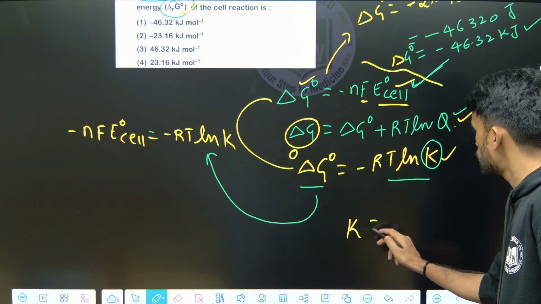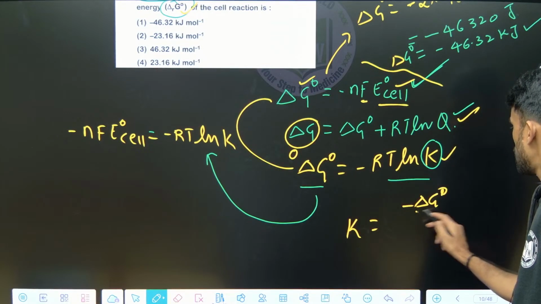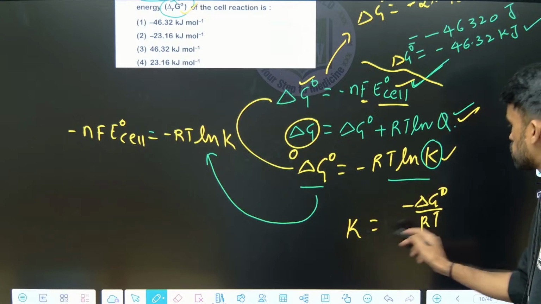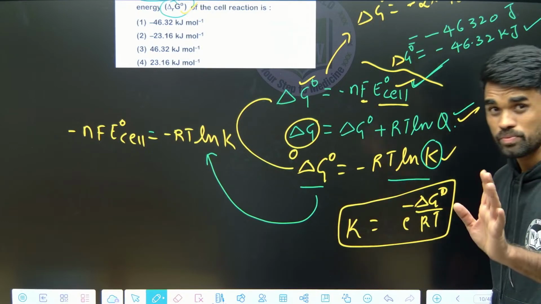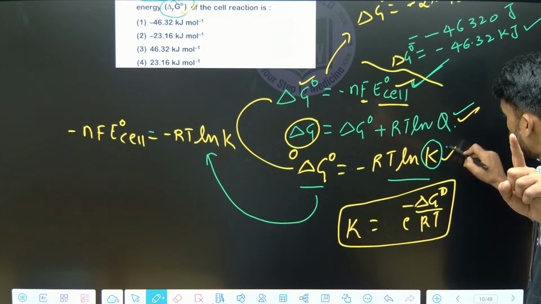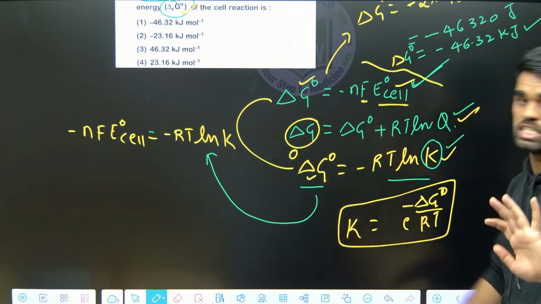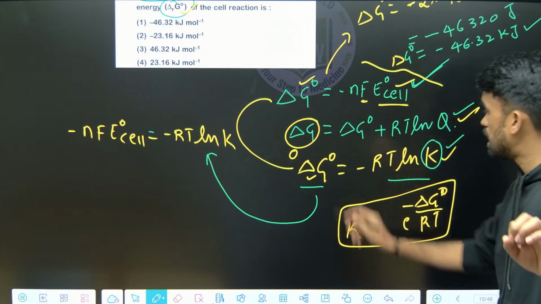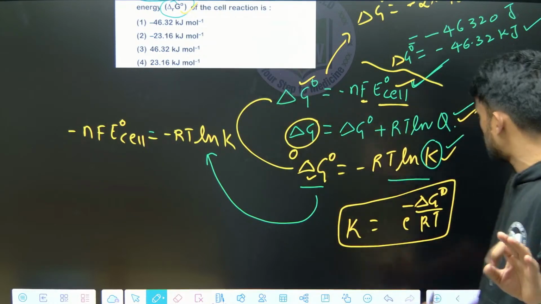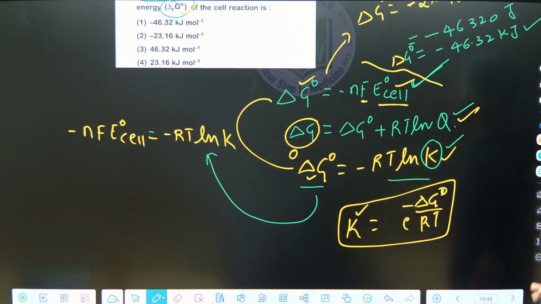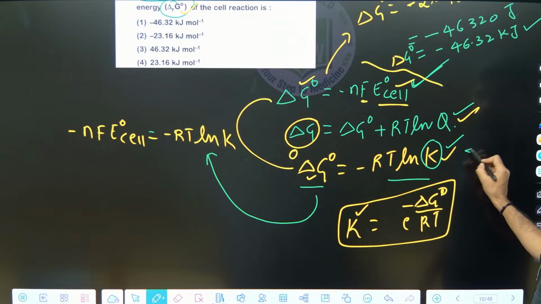K equals e to the power of minus delta G naught by RT. If ln goes to this side, it can be written as e, like this. See, once again I am saying, if the equilibrium constant value K is given, you have to calculate delta G naught, use this formula. If delta G naught value is given at a particular temperature like 298, use this formula to calculate K. And one more formula we can have,